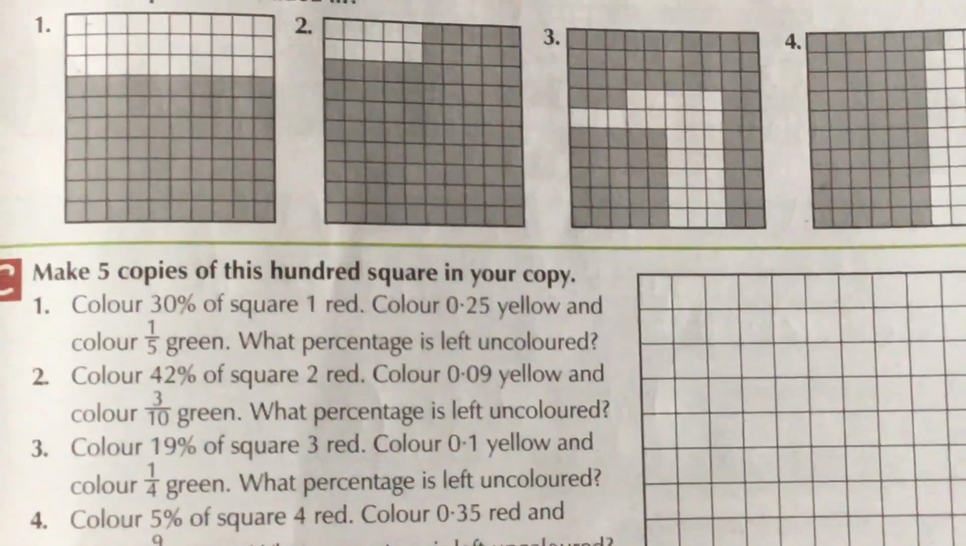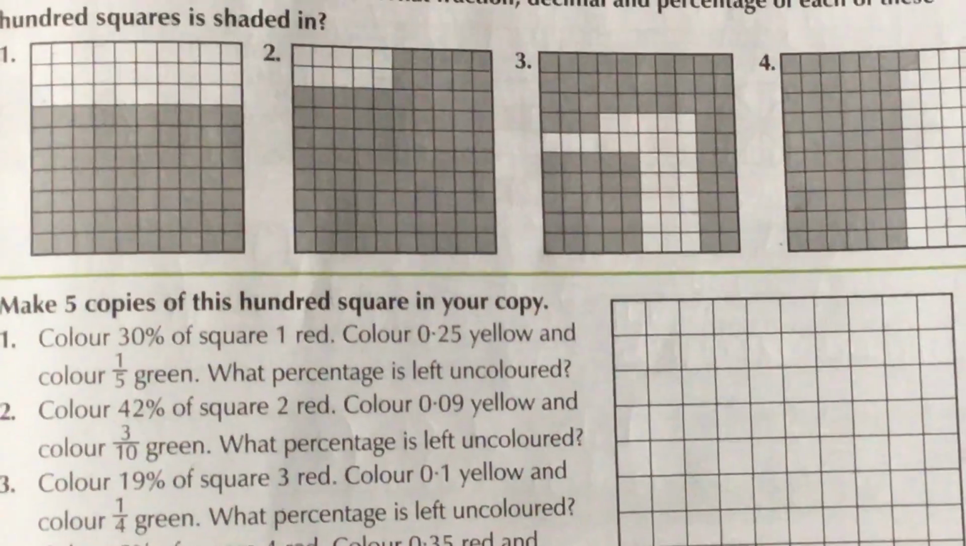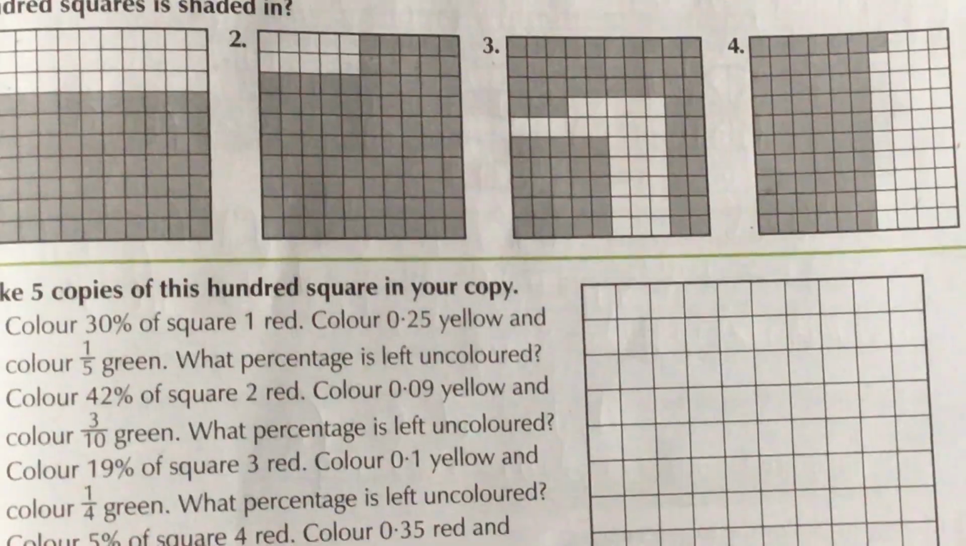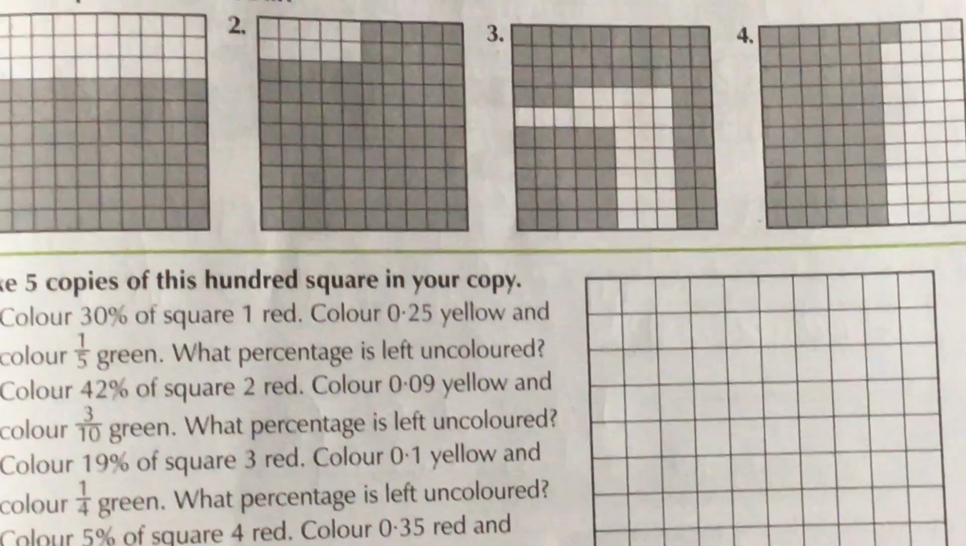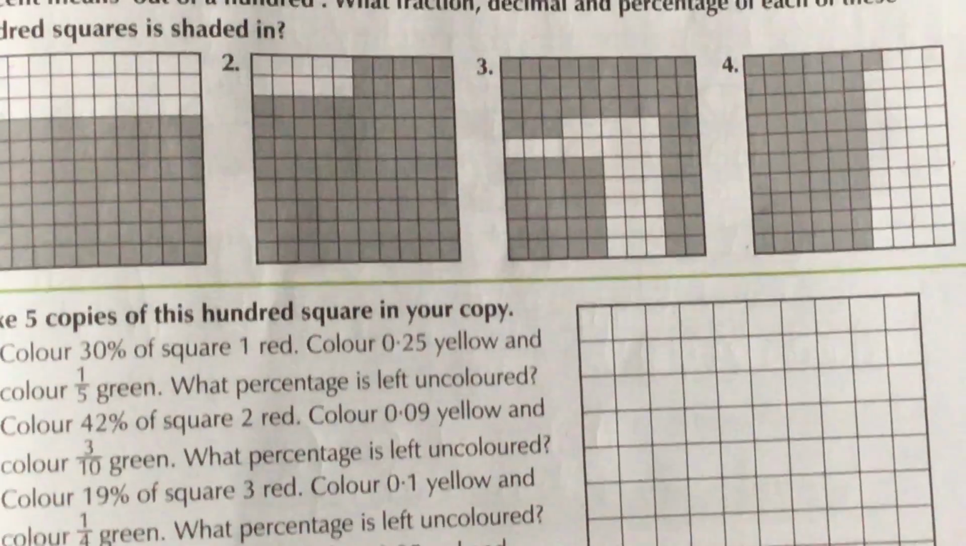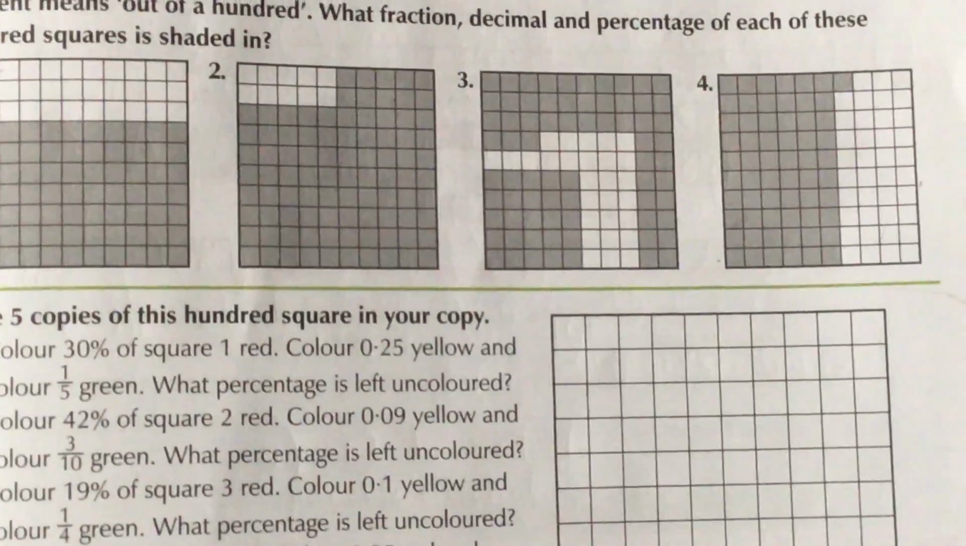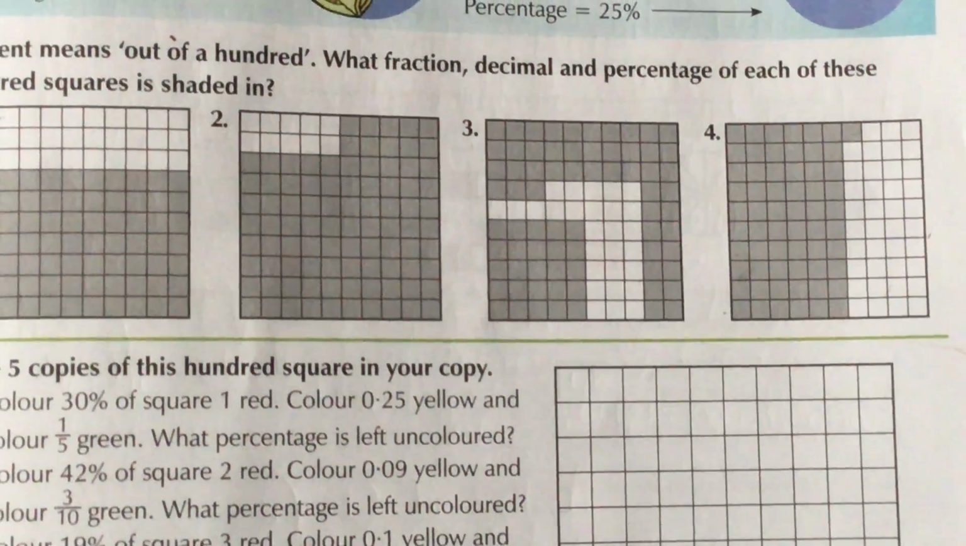How do I know 1/5 is green? 1/5 of 100 possible squares. 1/5 is out of 100. So that is going to be 5. 100 divided by 5, which is 20. So 1/5 is 20. 1/5, you colour in 20 green. So 20 green,